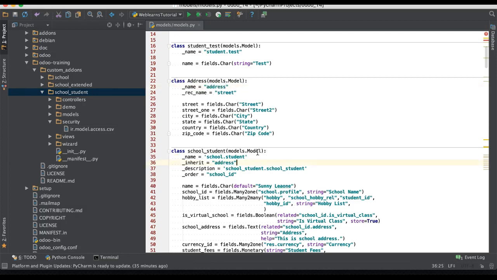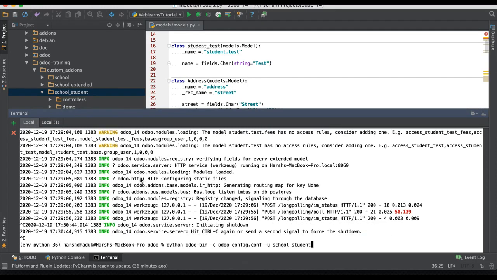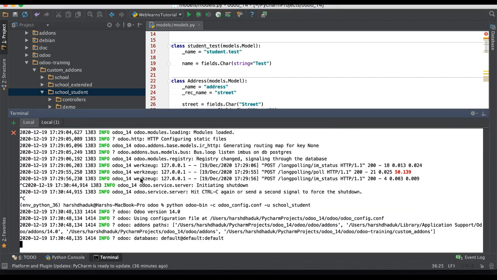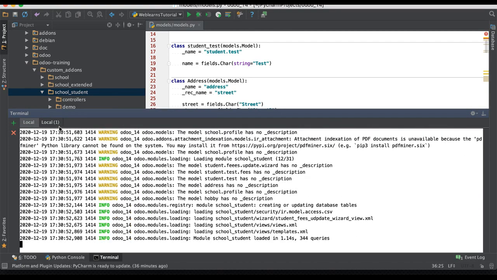Once the upgrade finishes, now going again in terminal and upgrade the module. Once the upgrade finishes,